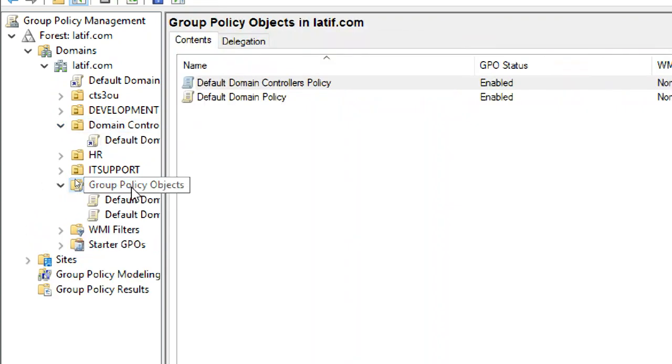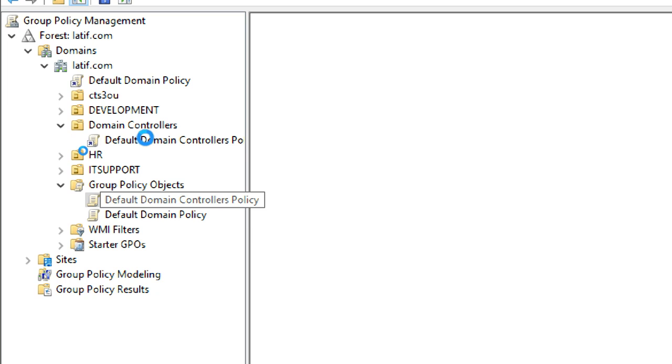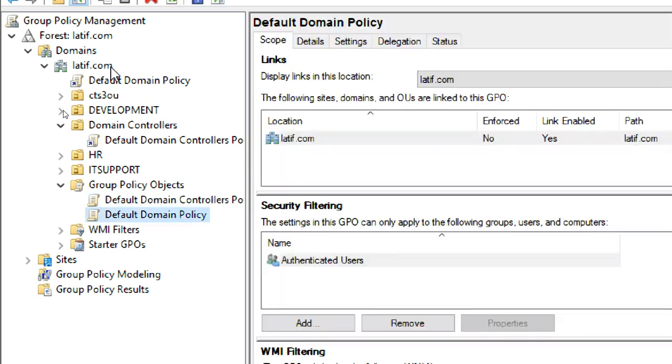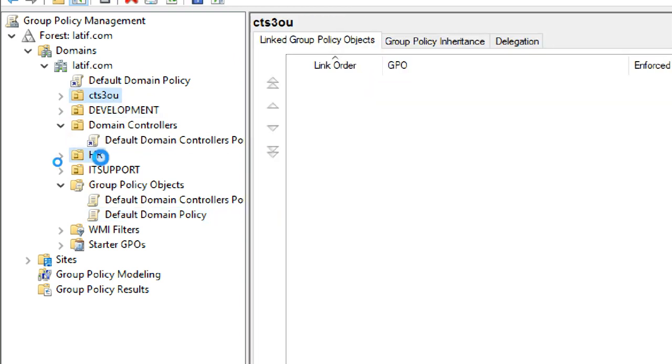If you see group policy objects, there are two policies: default domain policy and default domain controller policy. Policies are stored here and linked under the domain and under domain controllers. These are your default values, which we created. And where is that built-in value?